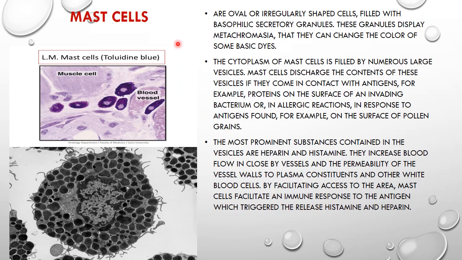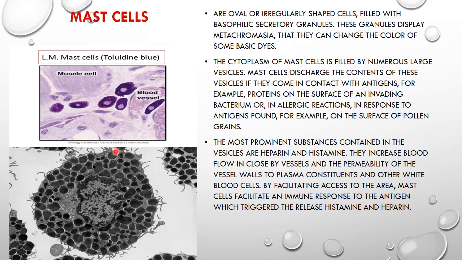Now another very important cell of the connective tissue is the mast cell. You can see this is a mast cell, and it has a single central nucleus, and there are a lot of vesicles present in the mast cells. So actually it is full of vesicles. In H&E stain, it stains basophilic, and these granules stain basophilic, you can see, and it is filled up with